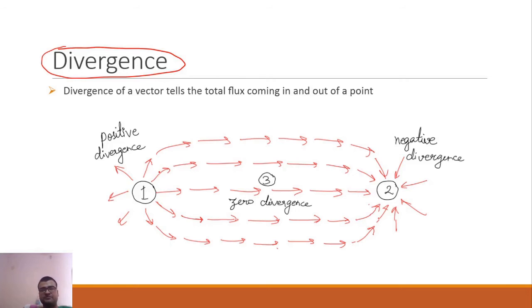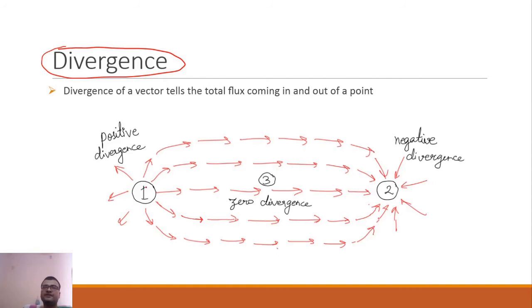Let us say that there are 3 points, point 1, point 2 and point 3, and let us imagine that this is a water stream. So maybe point number 1 is the source of this water stream. All the water will come out of this point, and we have shown this outcoming water as the arrows. And in point 2, this water is converging and it is getting inside. So we have shown all the arrows going inside. And there is a point 3 which is kind of in the middle of 1 and 2, and the stream of water is going straight over it.